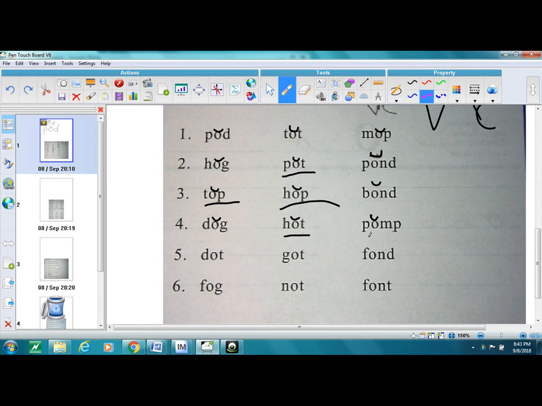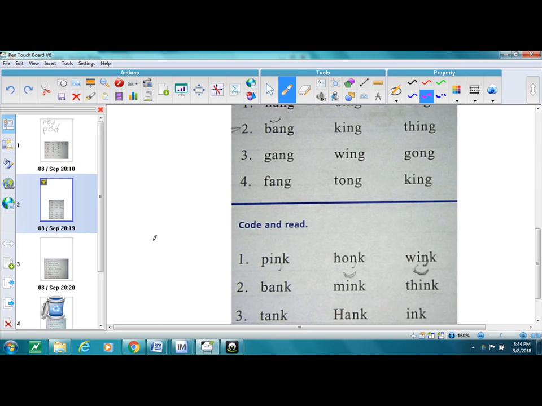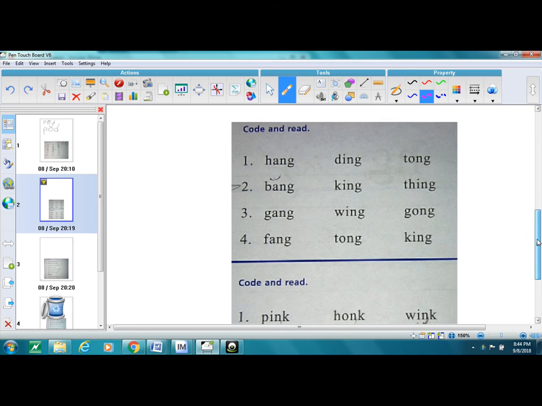And the sounds are p, a, m, p, and the word is pump. Okay. Now we're on to our next page. We're going to practice the same skill. Okay. Now this time, what you need to know is, if you haven't already sat with me and I told you this,